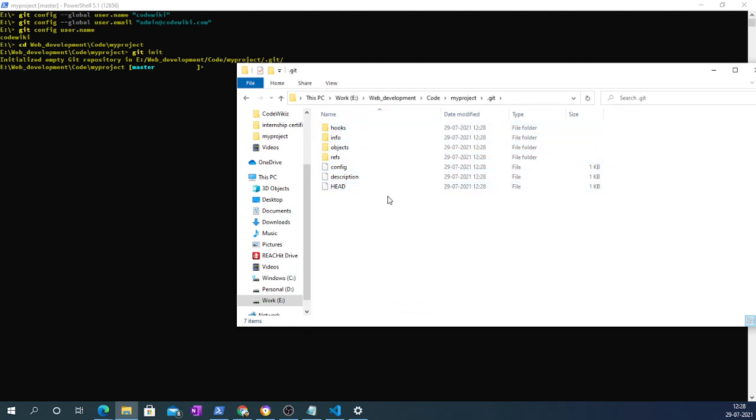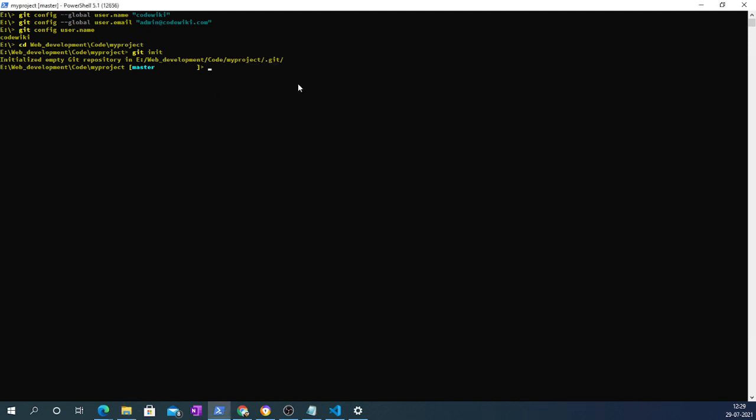So this is where Git stores all your version history and all the previous versions, so that if you want to revert back to a previous version, you can do it easily, and the sources for that will be taken from here. Now we won't look at each and every file that is on this path, but it's just good for you to know that everything is here. Now if I just press enter